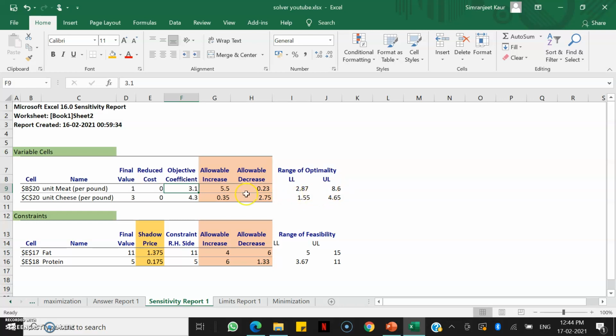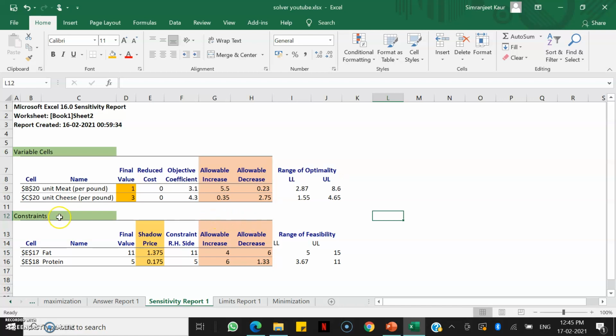If I add 8.6 to this 3.1, even then my final value will remain 1 and 3. This one, I'll just color it for you. So these are my lower and upper limits. In this range, my solution will remain optimal no matter how much I move, provided this range is followed, right?